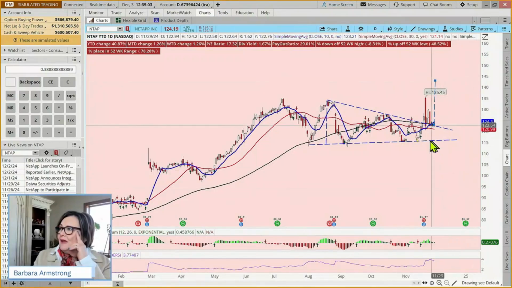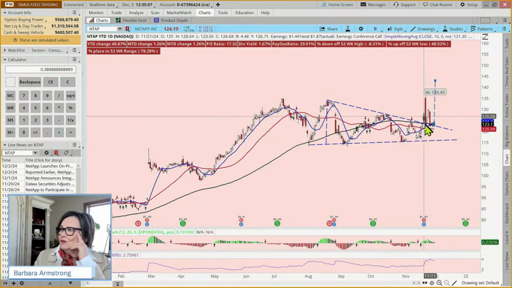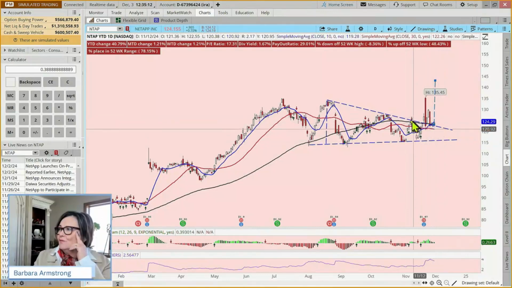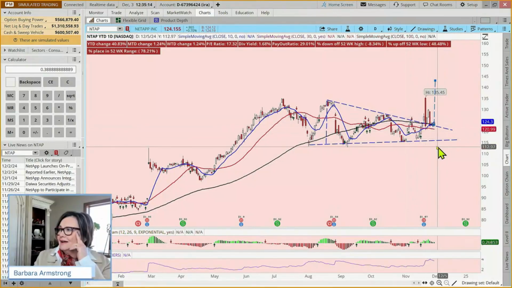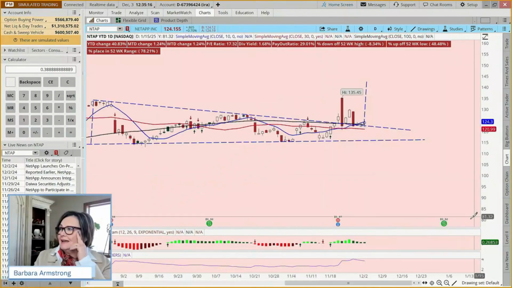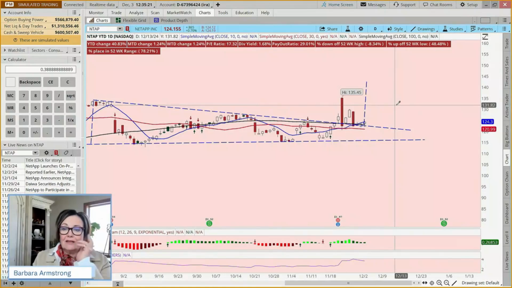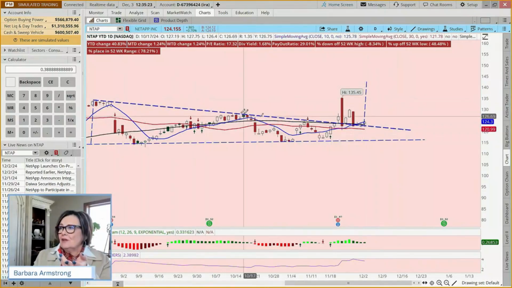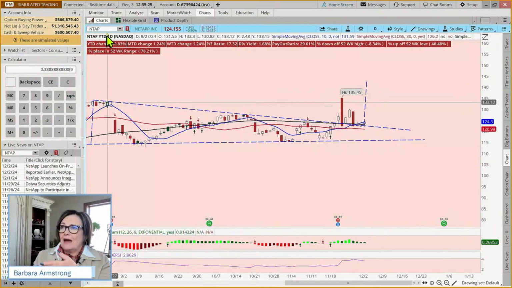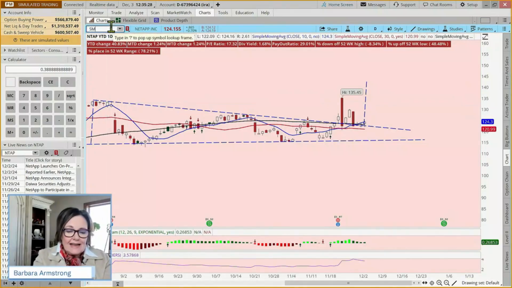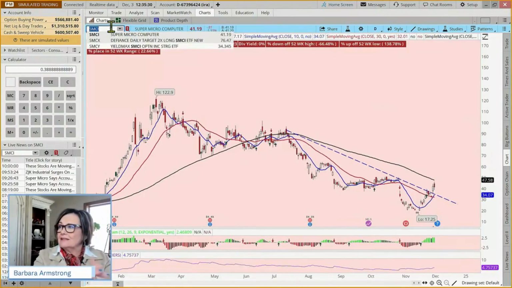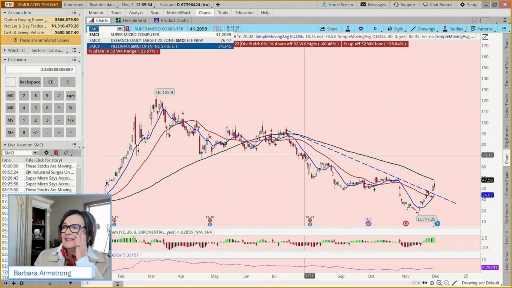143.50. And it broke out, hit this new high, pulled back, but it's been kind of following along this line, but bouncing again today. And so, does that have potential? It might. It's considered a breakout of a pennant pattern, or a diagonal resistance breakout because it's broken above that line.